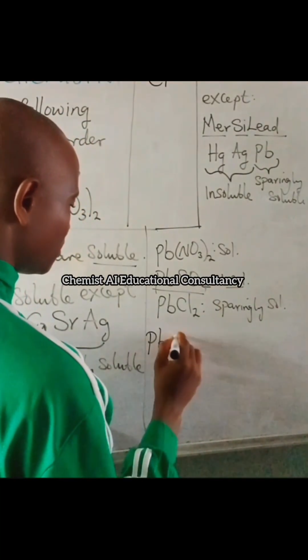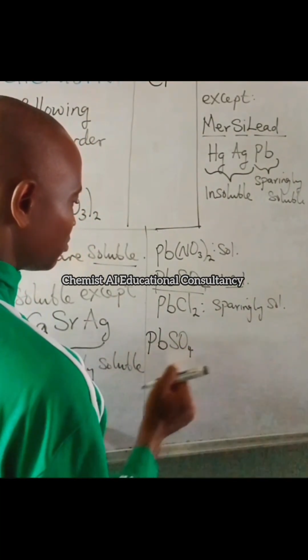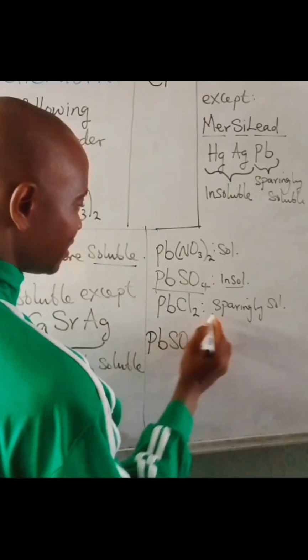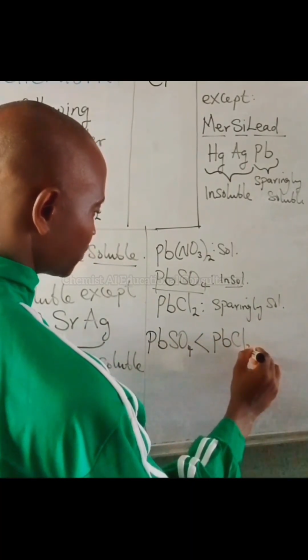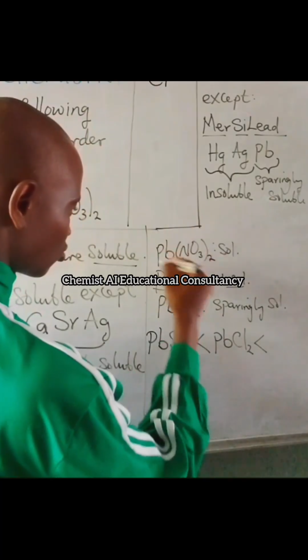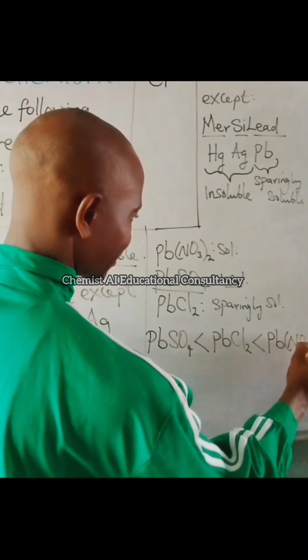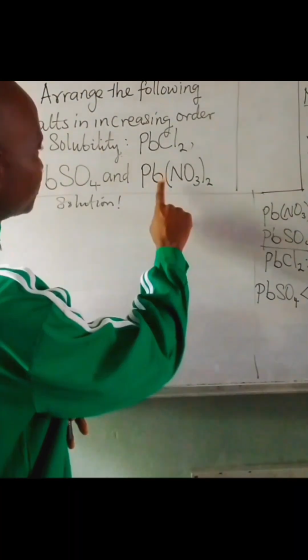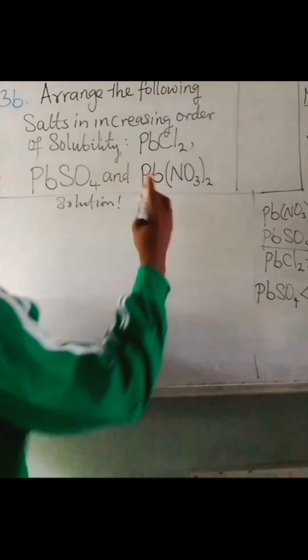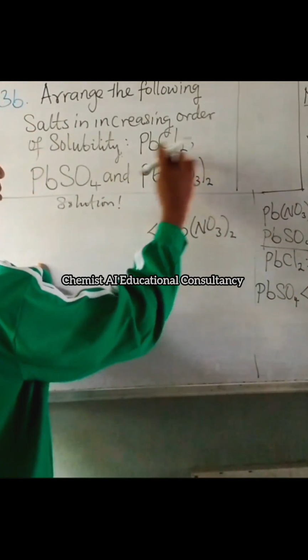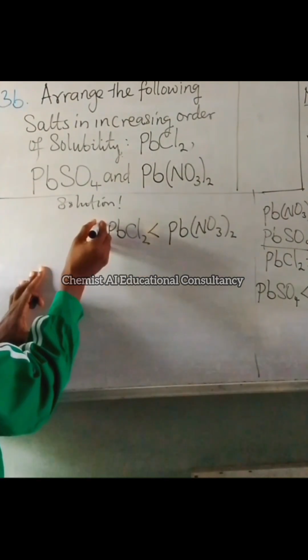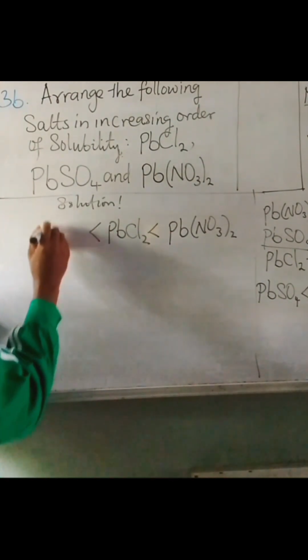We have PbSO4, insoluble, and less soluble than the one that is sparingly soluble, which is PbCl2, which is less soluble than the most soluble, Pb(NO3)2. Therefore, since all nitrates are soluble, this should be the most soluble, followed by the one that is sparingly soluble, PbCl2, and the one that is completely insoluble,